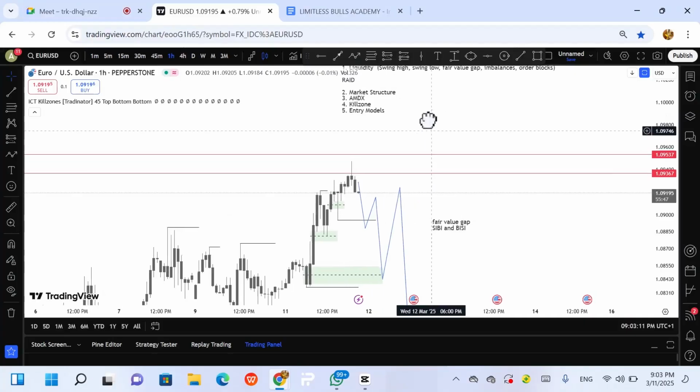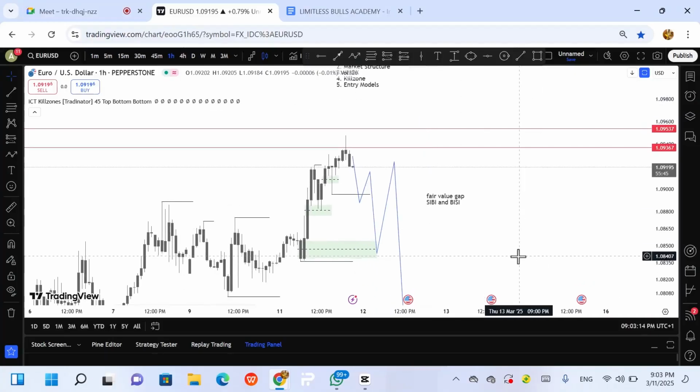The AMDX. AMDX is the 3 or 4 phases of the market. This is the AMDX. ICT maybe have okay. The AMDX, there is a theory propounded by Wyckoff. It is called the Wyckoff's theory, and it is a theory that profounds market reaction. It profounded it for stocks anyway, but it's a system that works even in most of the financial asset trading. So this is how the system works.